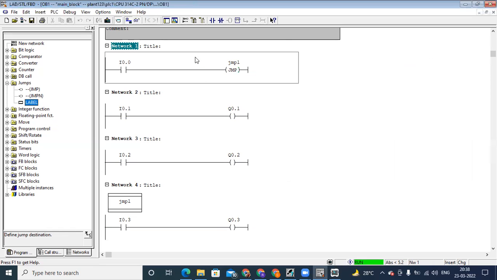Similarly, we have jump not, JMPN. This is the reverse condition of the jump. Not means, when the input is on, its result will be off. If the input is off, the result will be 1. So here you can see the input is off, this is off. Whereas in this jump not,